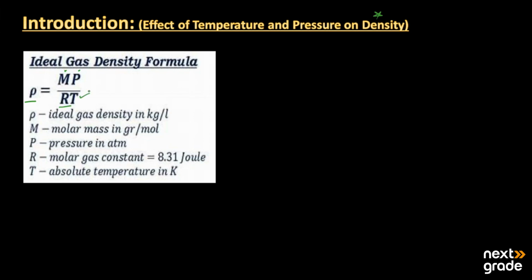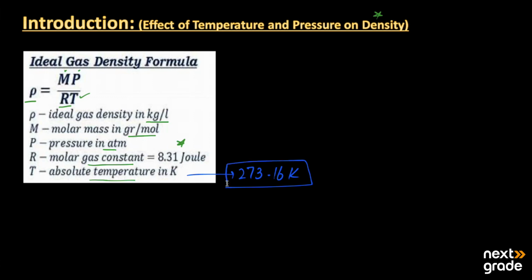In what unit are we going to calculate the density? Basically, ideal gas density is in kilogram per liter and the molar mass is in gram per mole. Pressure is in atm, and R, which is the general gas constant or the molar gas constant, we will take as 8.31 joule. And the temperature we take is the absolute temperature in the Kelvin scale, with a value of 273.16 Kelvin,